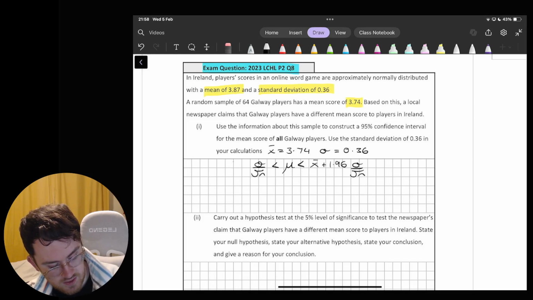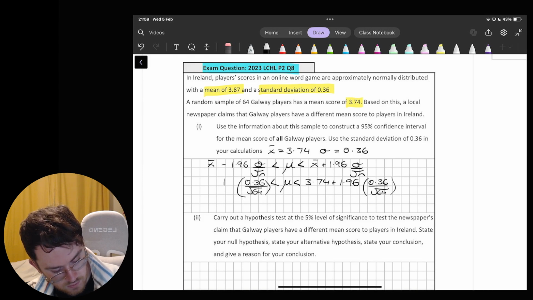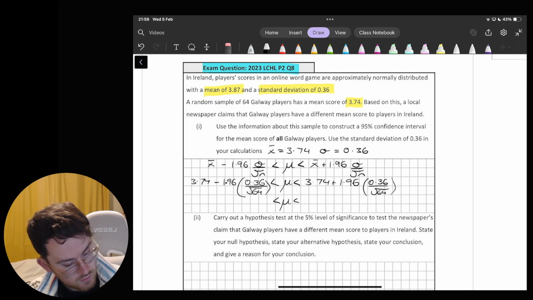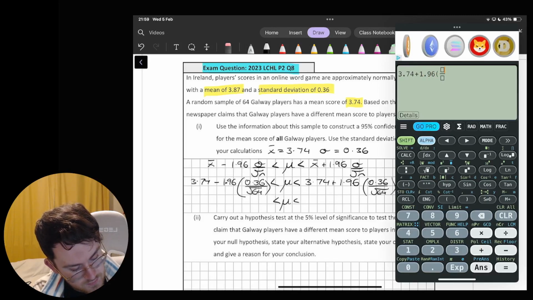So using the standard error here and subtracting it on the other side, let's fill in what we can here. So 3.74 plus 1.96 times 0.36 over root 64. 0.36 over root 64, 1.96, and 3.74. So let's go to our interval now. 3.74 plus 1.96 times 0.36 over root 64